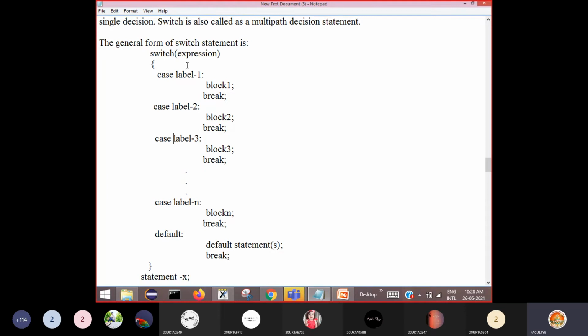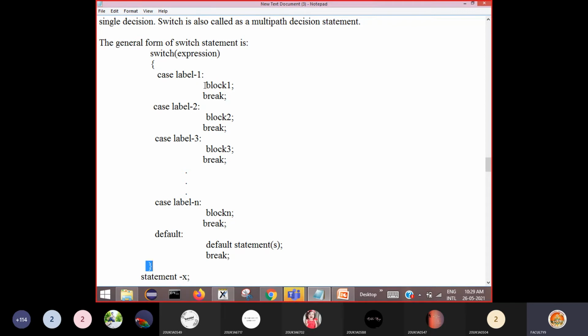It tests whether the value of this expression is equal to label 1. If it is equal to label 1, then block 1 is executed. That means these are the statements to be executed. This is the beginning of the switch statement and this is the end of the switch statement.